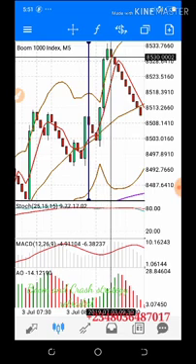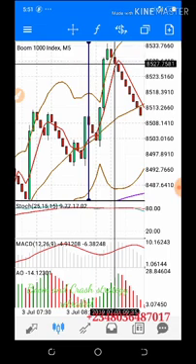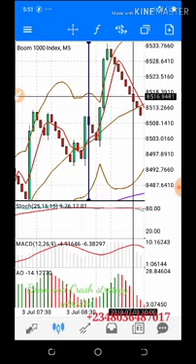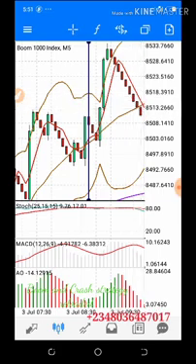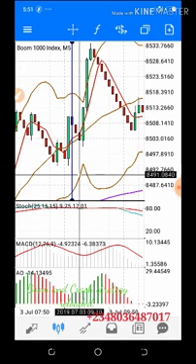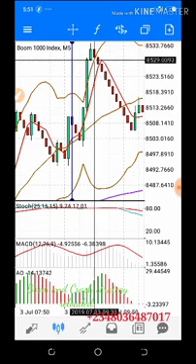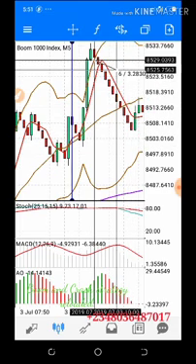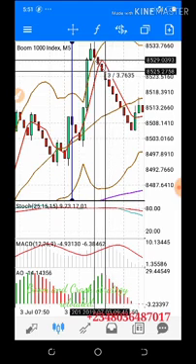You can see now that from your entry point, you have 1, 2, 3, 4, 5, 6, 7, 8, 9, 10. That is 10 5 minutes candles, up to 50 minutes, close to an hour. It sold close to an hour, and that's how many pips? That's 23 pips. So if you want to leave it for only 10 minutes candle, your profit will be only, let's say, 4 pips.